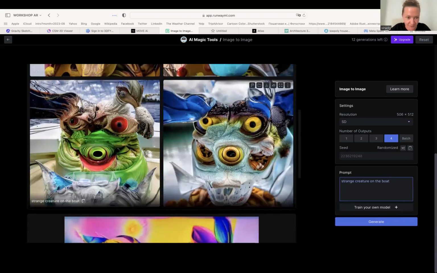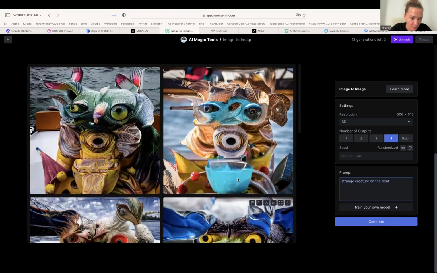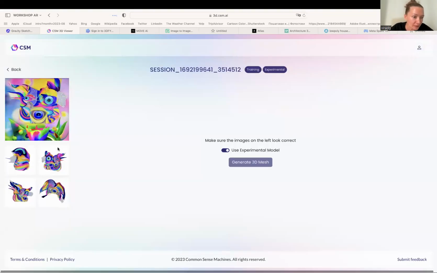It added something that I said, strange board, right? So this creature on the board. But that 3D CSM 3D viewer, it will delete the background. So it doesn't matter what will be on the background, the matter is what you generated. So architects who are here, you can try generating your buildings with Runway or with Stable Diffusion or DALL-E for next Friday, and we will see what's the result you will get